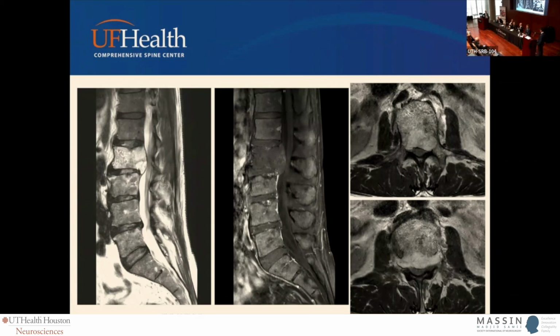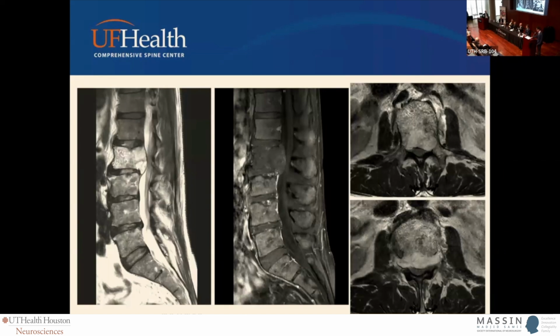How many levels would you instrument for fixation? I would go 2 above to 2 below with a fibula graft, a vascularized fibula graft in there. And I would consider putting a quad rod. And now I'm having more experience with the carbon fiber instrumentation. I would try to use it, especially because we're going to consider proton therapy. And I would not put a metallic cage there. I would put a carbon fiber or a PEEK cage in the front to reconstruct that.